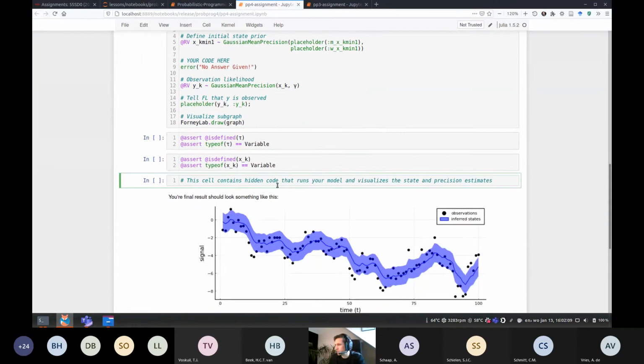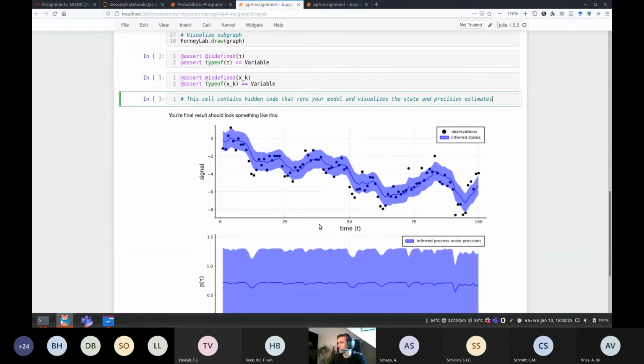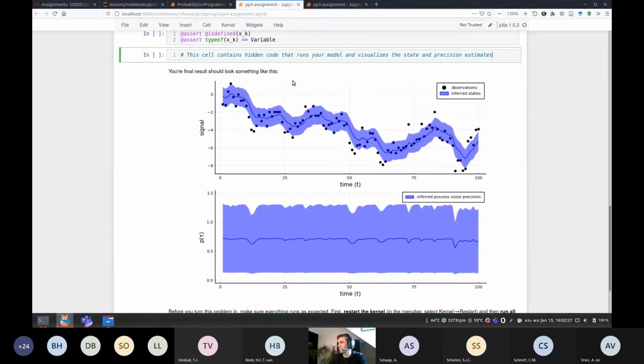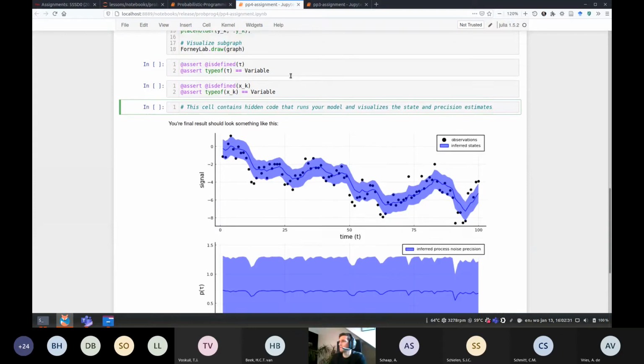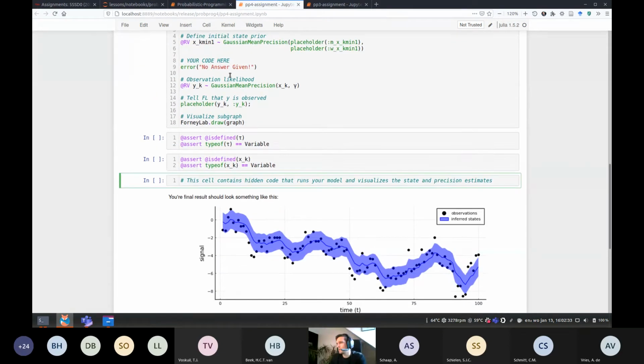And then this cell is actually quite a long cell that does all of the steps after model specification. So it does the model compilation into an inference algorithm, and then it actually executes that algorithm. It also generates all of the estimates and visualizes your estimates. So as soon as you change the model specification here, the rest is all taken care of. You just press run, and that should give you